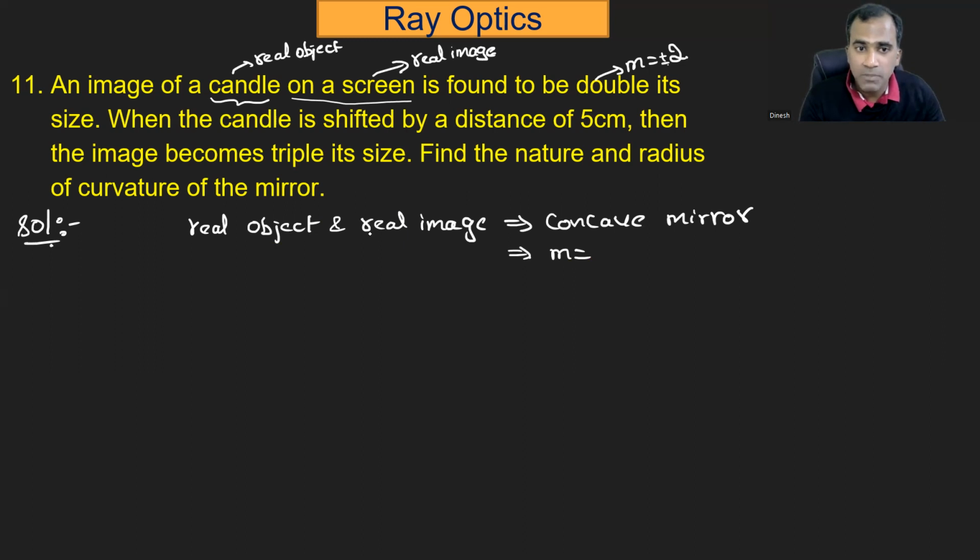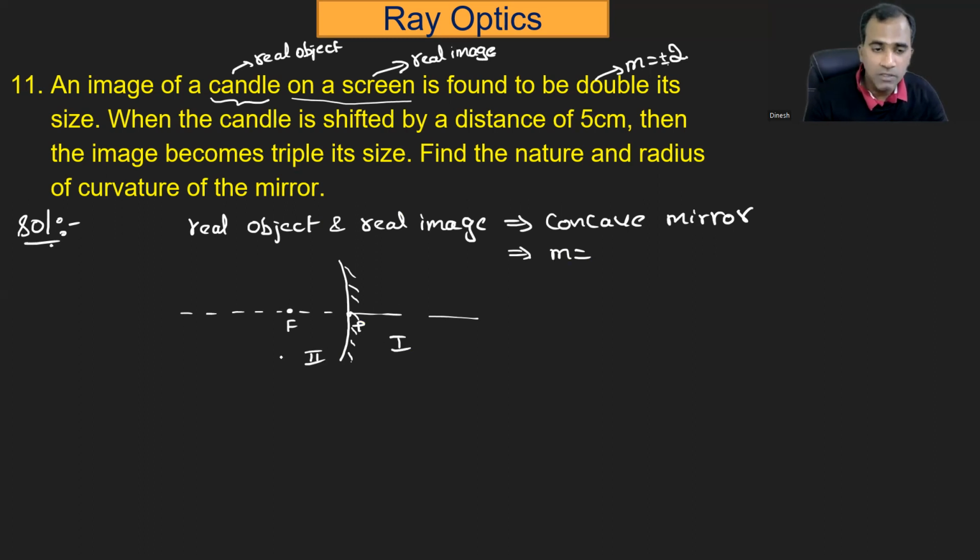But from the understanding, real object and real image happens only in a concave mirror. And that too, when you place the object between focus and pole, it is not possible. This is the first region, second region. Don't place the object there if you want to get a real image. So third region and fourth region. If you want to get a real image for a real object, you have to place the object either in the third region or in the fourth region. But they said it is being magnified, so it means you have to place the object, or the candle,